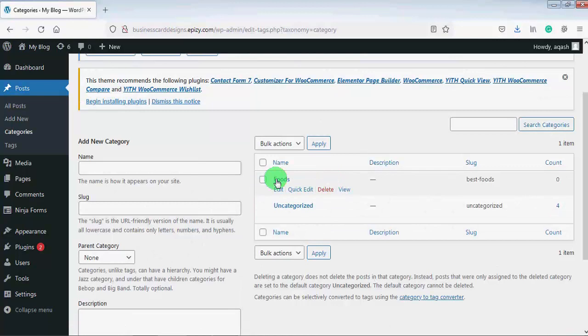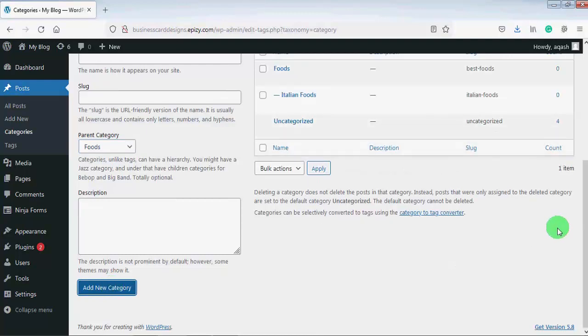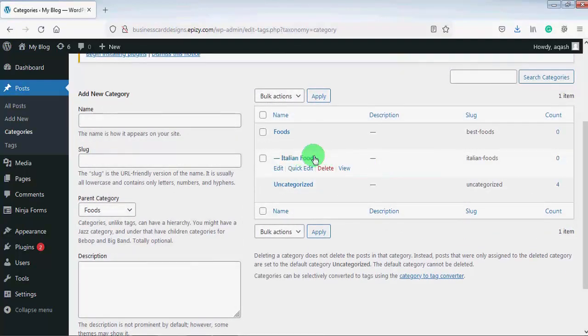Now for demonstration we will create some more categories. Let's say we create a category for Italian foods. Then write a slug for this category here. Then in the parent category we will select foods as the parent category for this Italian foods category. So we will click on the drop down and select foods. Then scroll down and click on Add New Category. So here you can see we have this Italian foods category and it is coming as a child category under